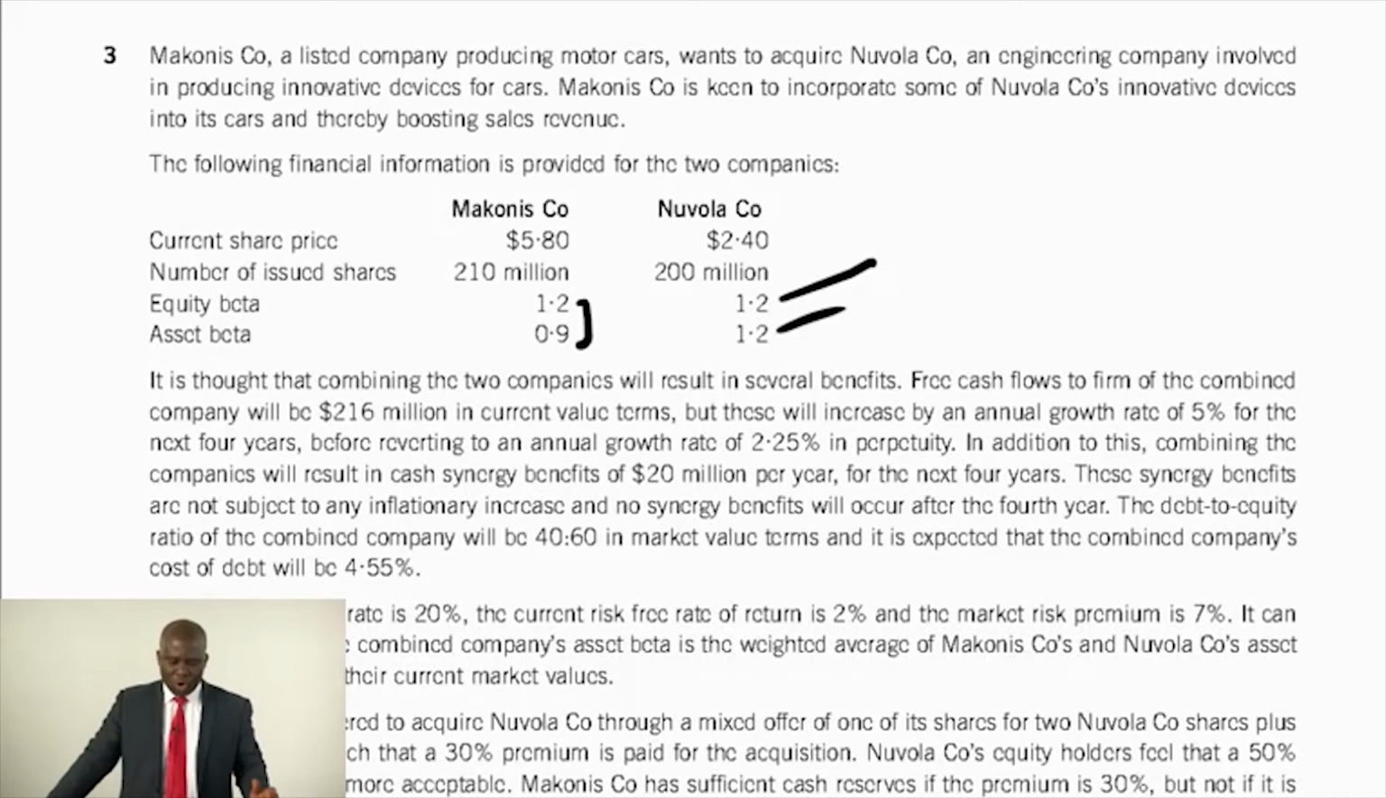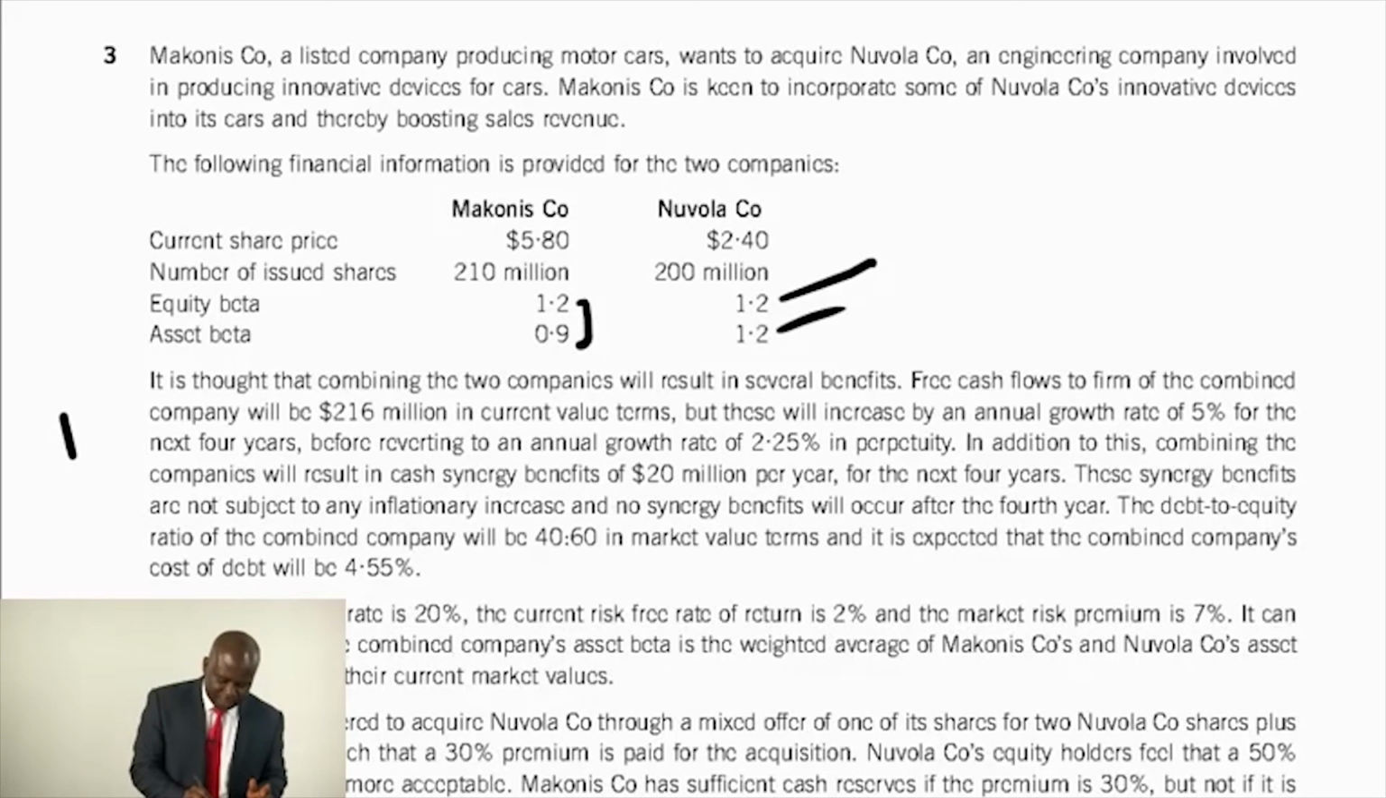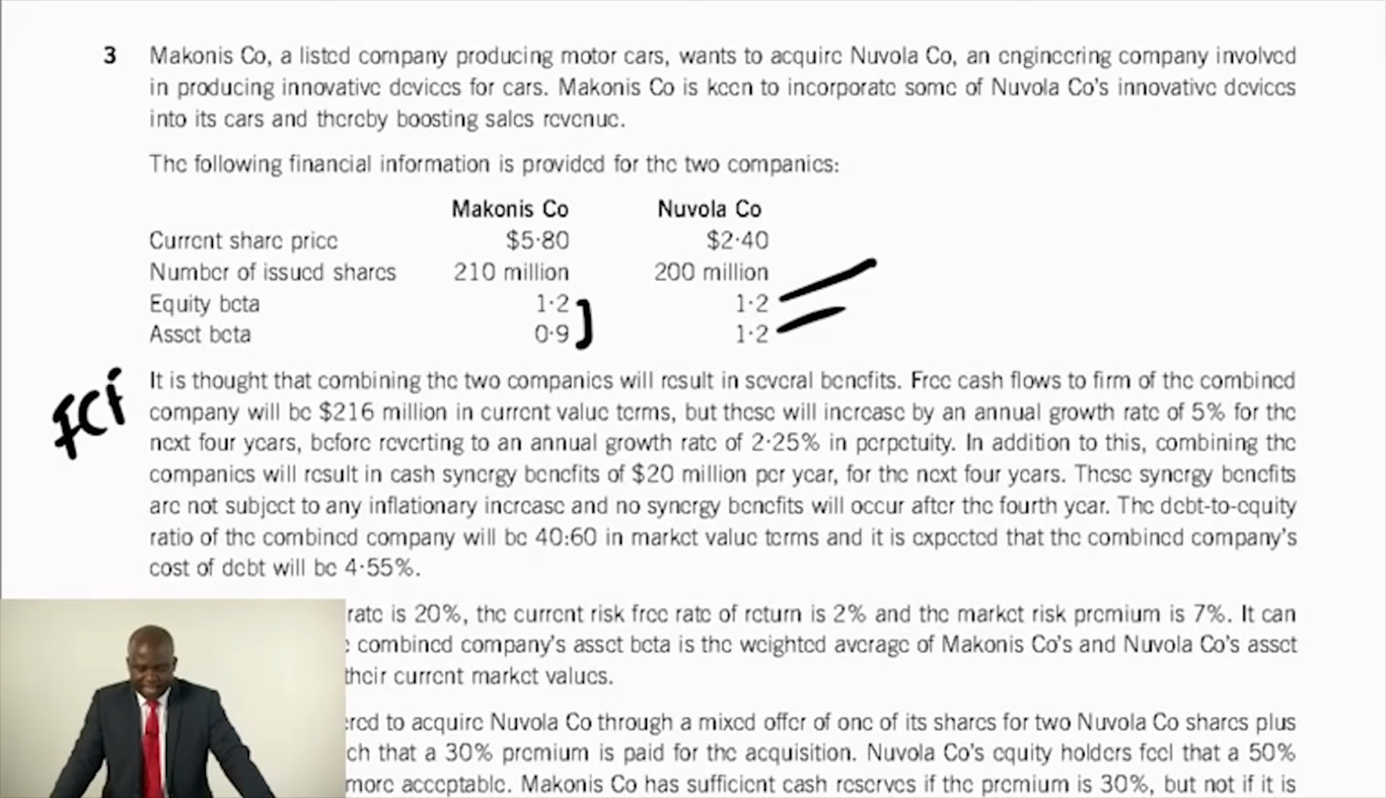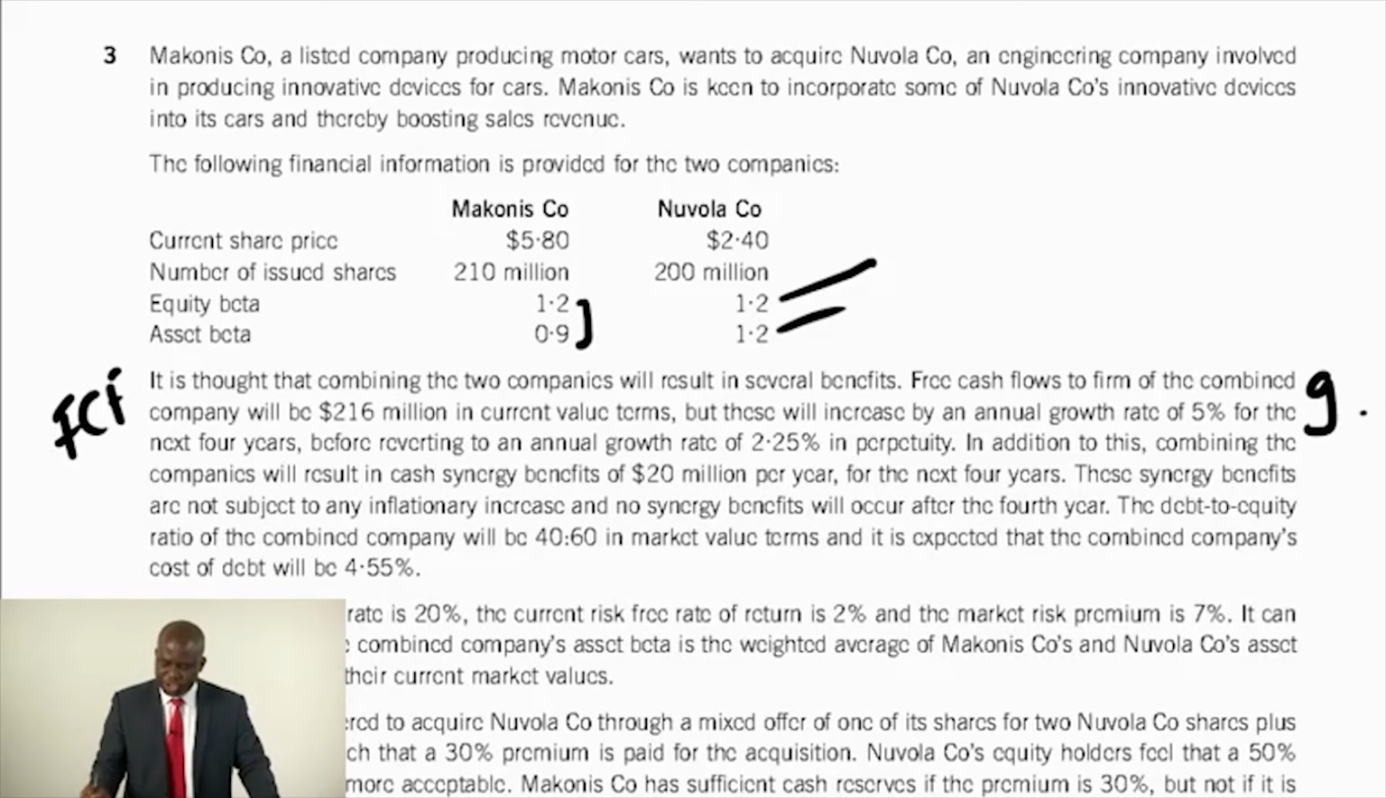It is thought that combining the two companies will result in several benefits. Free cash flows to firm of the combined company will be 216 million in current value terms. So this is my free cash flows. Okay, but these will increase by an annual growth rate of 5%. So I will say G for the next 4 years before reverting to an annual growth rate of 2.25% in perpetuity. In addition to this, combining the companies will result in a cash synergy benefit of 20 million per year for